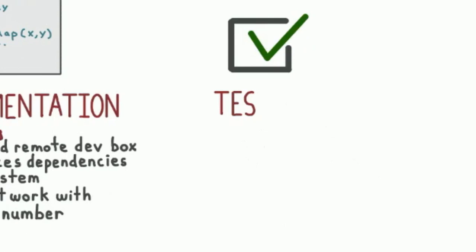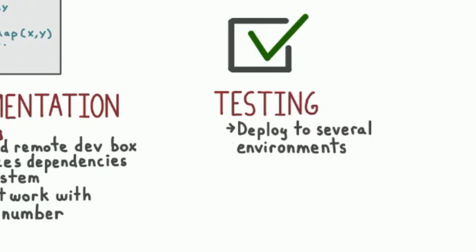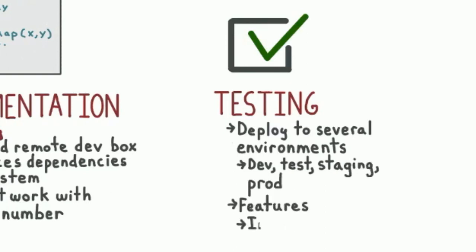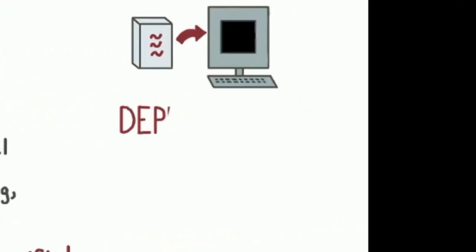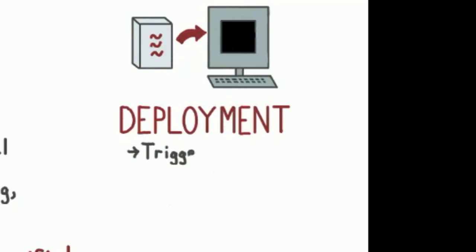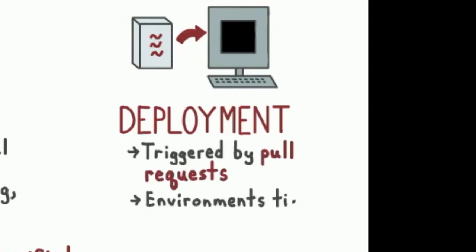When testing, we deploy to several environments such as dev, test, and staging, after which we then deploy to production. All of our features are independently verified by another member on the team. Our deployments into the different environments are triggered by accepting pull requests. These pull requests are based on branches and are accepted by their respective environment owners. For example, the product owner has the ability to accept pull requests for production. After a production deployment, the customers can then view the new features.